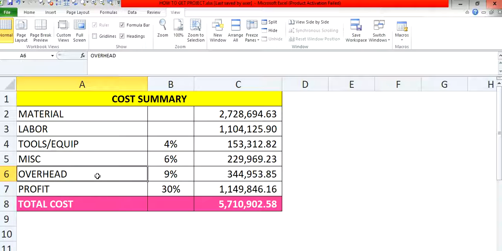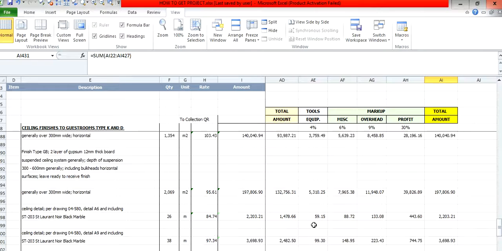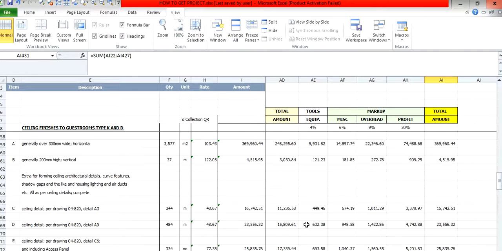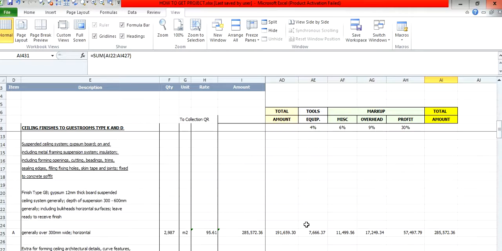So the purpose for this one is, during the estimation, there are some changes of interpretation or cost adjustment. So immediately you can adjust, and in one month, one month tender duration, there are many adjustments after the cost analysis. So you can easily adjust all your costs in one second once you prepare the program,